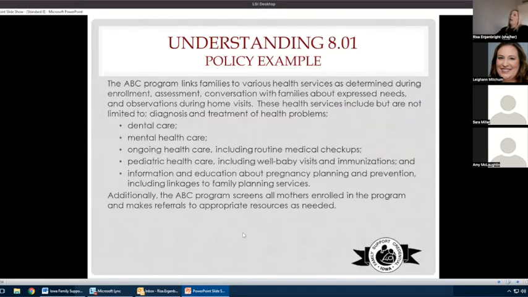So I do have some policy examples in the slides. I'm not going to read through them. One, I don't like to read a slide. I think that's boring, and I think everybody's capable of reading them. When we send the slides out, if you want to look back to them for reference, you certainly may do so. Some of them are rather lengthy because these standards just happen to be lengthier standards. So I'll skip through it, but know that they're there.